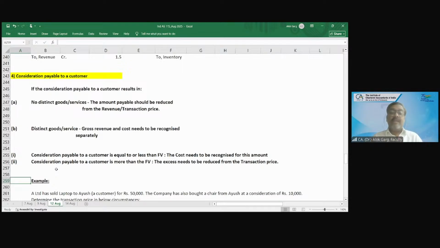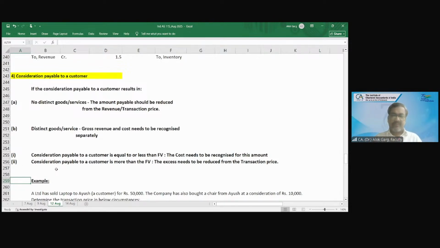So friends, if I am paying extra to my customer, what does it mean? It means I am giving discount to my customer. It means I am very happy with the chair she provided me. So I have given 2,000 rupees of discount from my coaching fees of 10,000 rupees. So in that case, whenever an entity is paying to a customer more than the goods and services received, that more amount will be deducted from the transaction price. इसका यही मतलब हुआ ना, मैं 5,000 की चीज के 7,000 रुपए क्यों दूंगा अपने कस्टमर को,